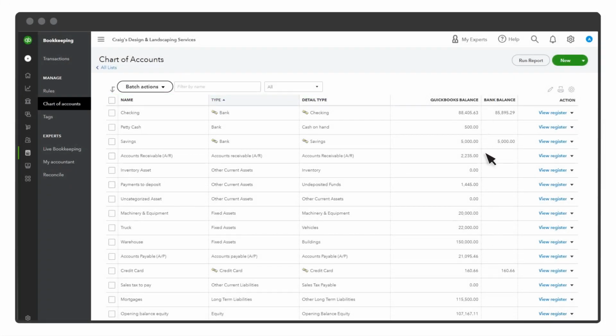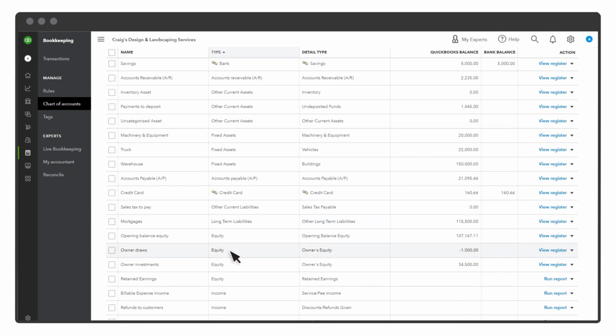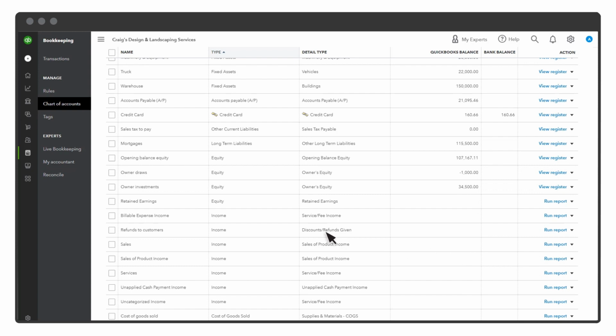Accounts at the top of the list show you how much you own or owe right now. They include accounts you're already familiar with, like bank accounts or credit cards. They have balances that tell you how much money you have in those accounts or how much you owe. Other accounts, like fixed assets, tell you the value of things you own, like a truck or a warehouse, and liabilities tell you how much you owe, like on a mortgage. Equity accounts show you how much the business is worth to the owner. You use equity accounts when the owner deposits money into the business or when they withdraw money for their personal expenses. Income accounts help you track why you receive money from customers or donors.